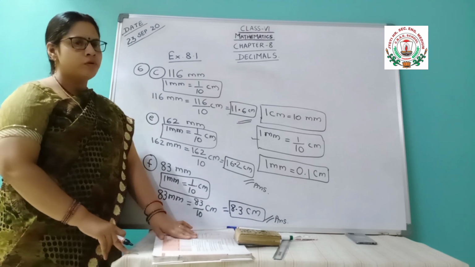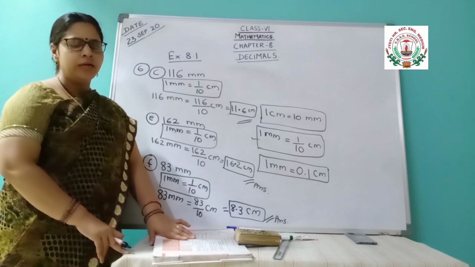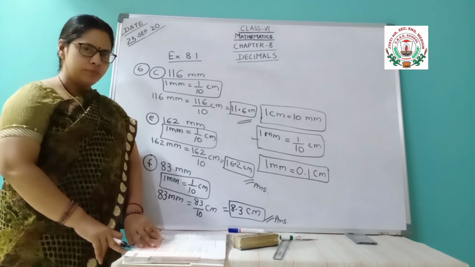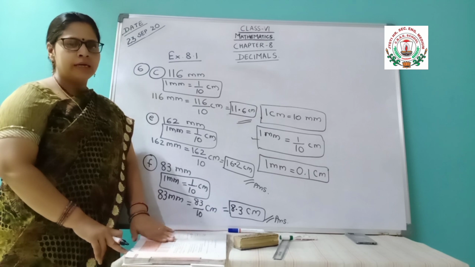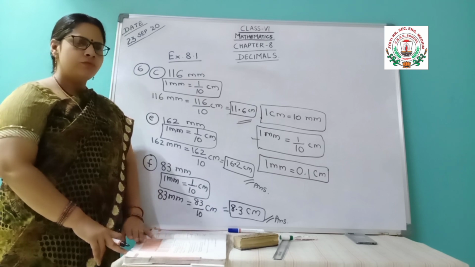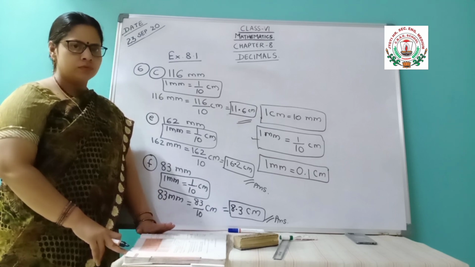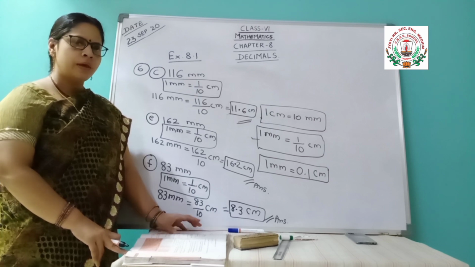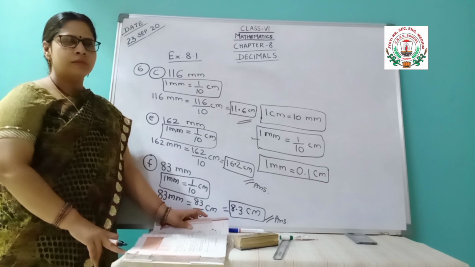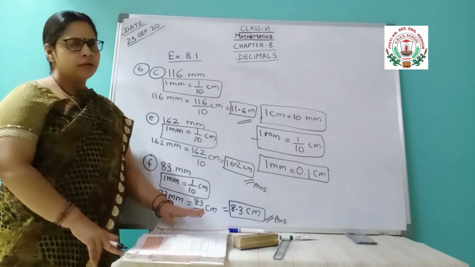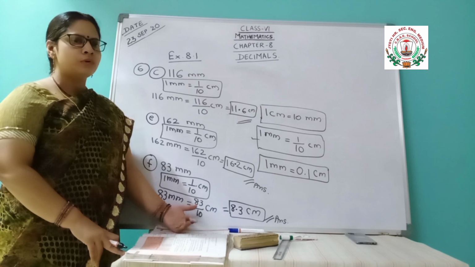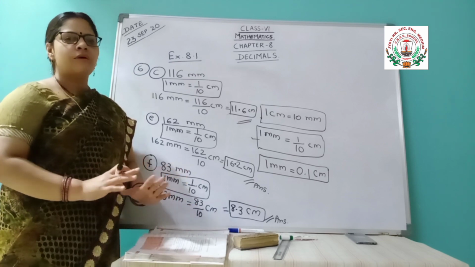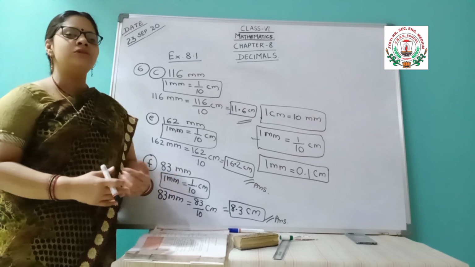By that time, complete your workbook and homework. Keep your chapter 2 complete. By that time you will be getting the chapter 7 PDF. Before that you must complete your workbook so that you get enough time for noting down the notes in your notes copy. And by the time you complete your chapter 7 notes, I will give you the 3rd chapter of the workbook and then the PDF of chapter 8. So just find the time and manage your time.